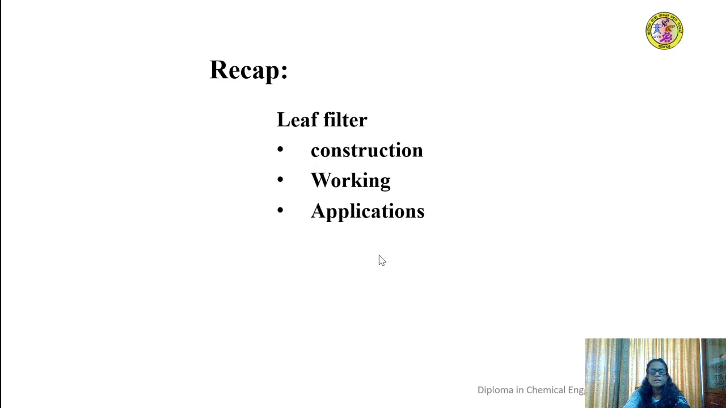So this is the thing that you have studied in the previous class. The last session you learned about the leaf filter, its general construction and working principles. Then we also learned the types of leaf filter and how they are constructed and operated, along with the applications